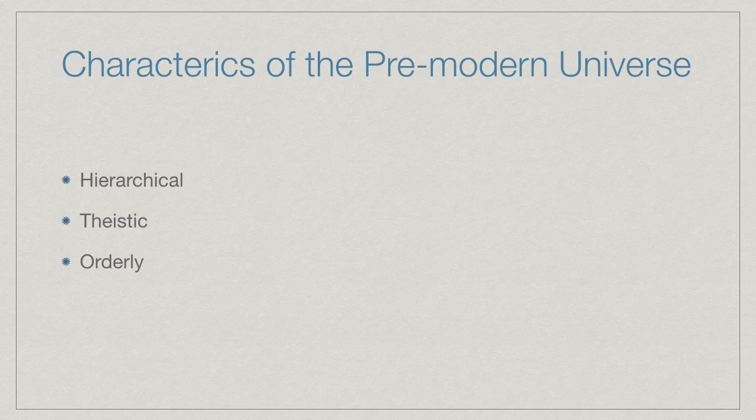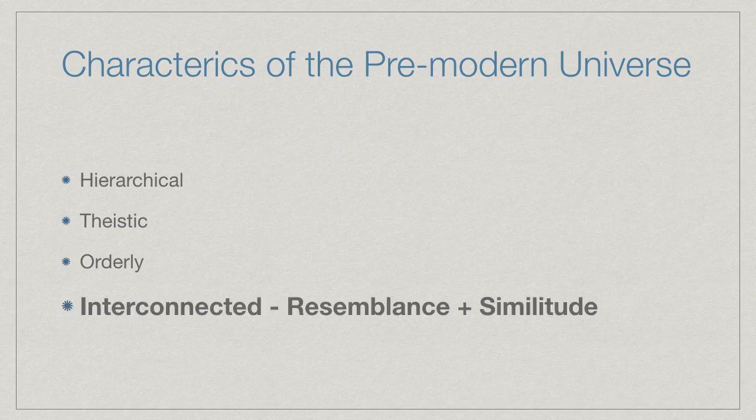The biggest characteristic, and the one that we're going to look most carefully at, is this idea that the world, the universe itself, is so interconnected. We noticed the lines being drawn. We noticed how order and hierarchy connects everything to everything else. And the first theorist that we're going to look at, Foucault, uses the terms resemblance and similitude to talk about this interconnected aspect. And what he's going to do is look very carefully at the kinds of resemblances and similitudes and come up with a kind of scheme or a framework that we can use for understanding that as we move forward.